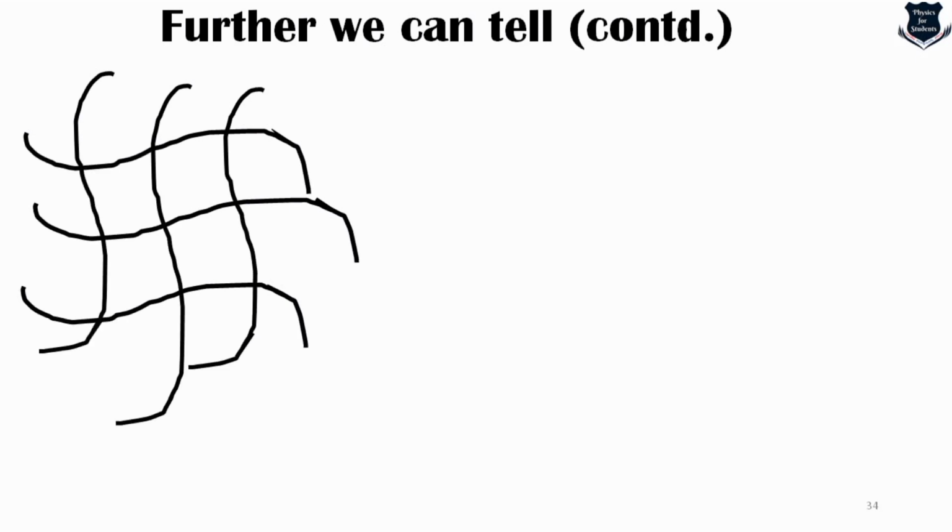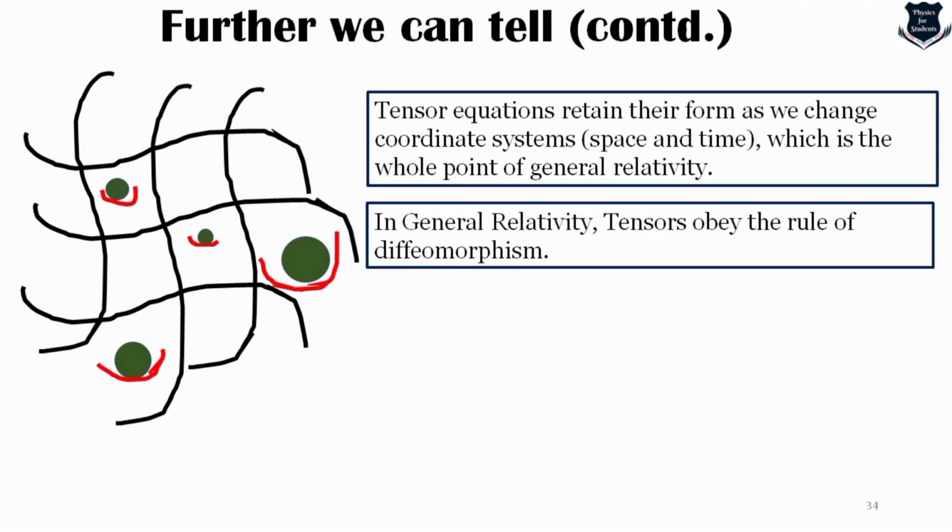If you get this kind of curved space, and these are the different kinds of masses, you will see what happens: the mass which is present on the curvature causes a change, a distortion in space-time. This one is much bigger, this one is smaller, and this one is such, right? So what I'm trying to tell is that the x, y, z, and t directions change from spot to spot, from time to time. So what we can say is that tensor equations retain their forms as we change coordinates